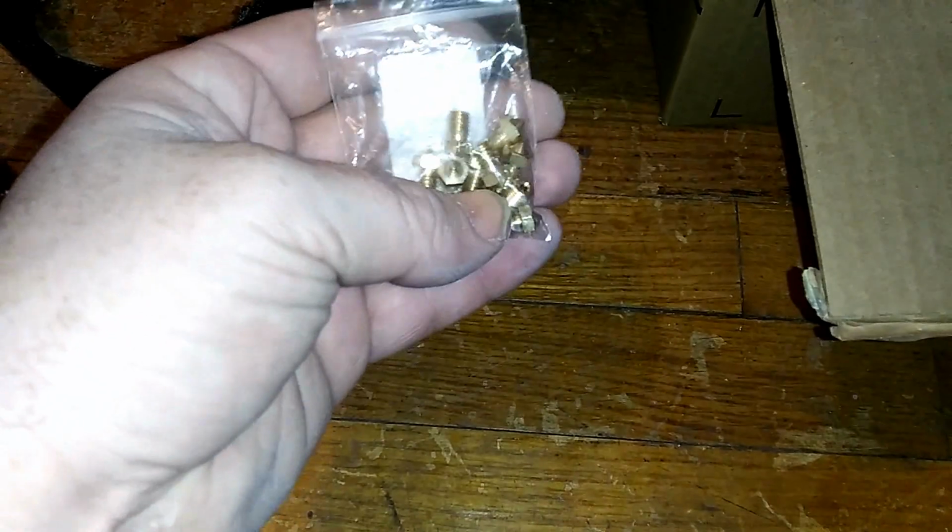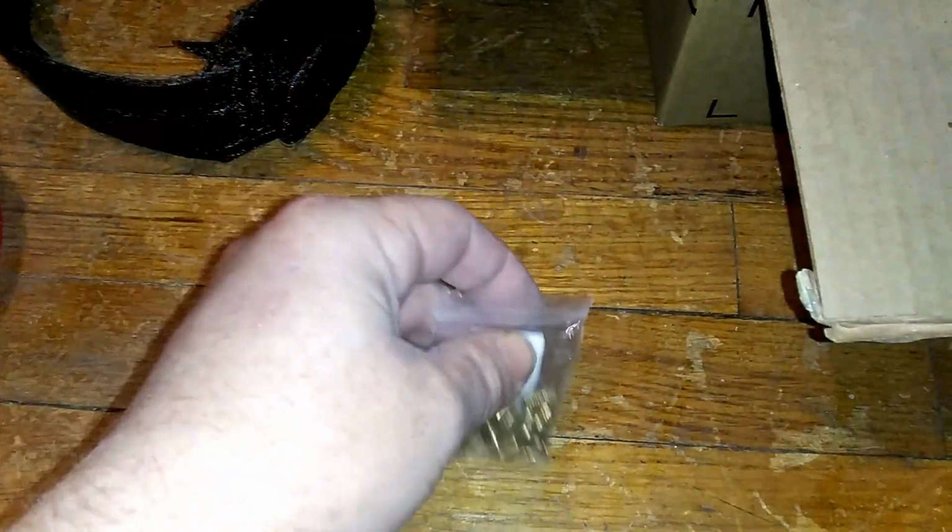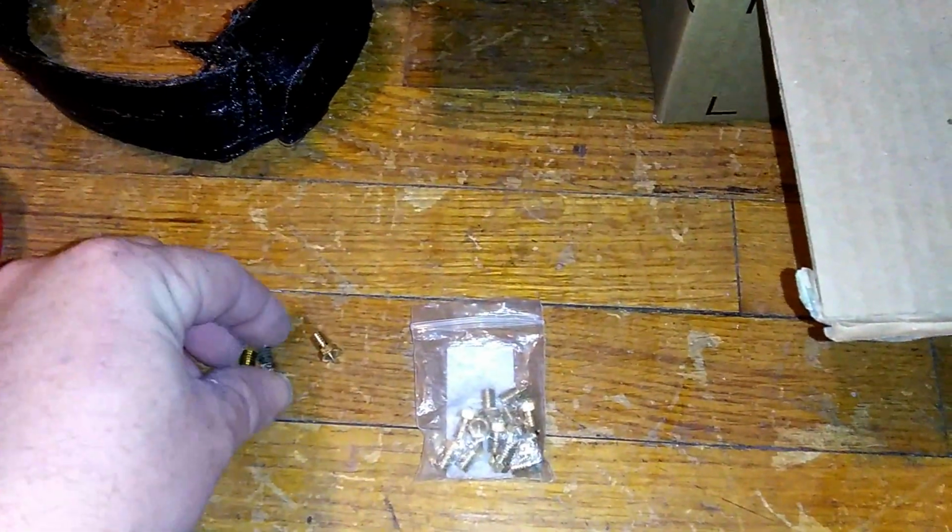So a real good idea for you guys that are printing TPU on the Anycubic i3 Mega is just to go to Amazon. It's not expensive, it's super cheap. You can get a whole bag of these hot ends. And I'm not sure if it's just because of the bed, because with this one,